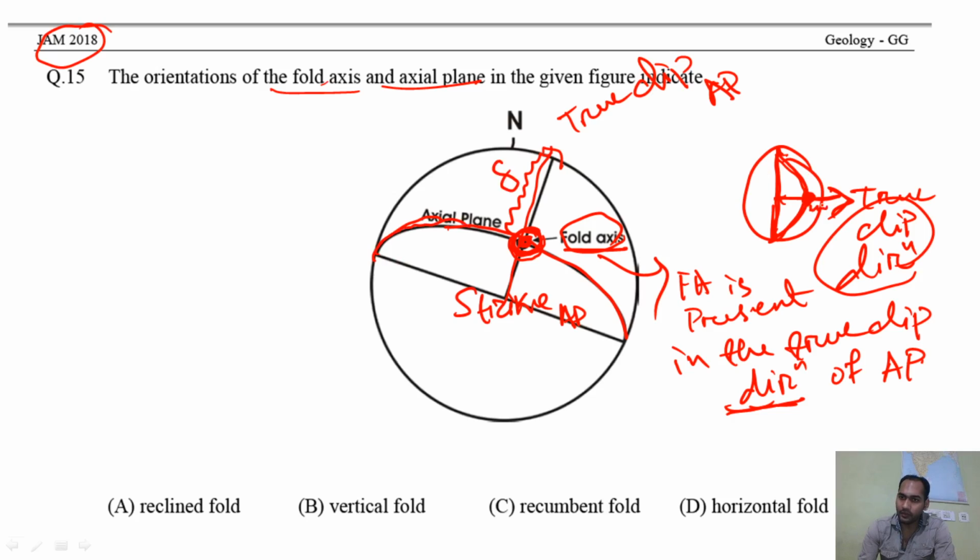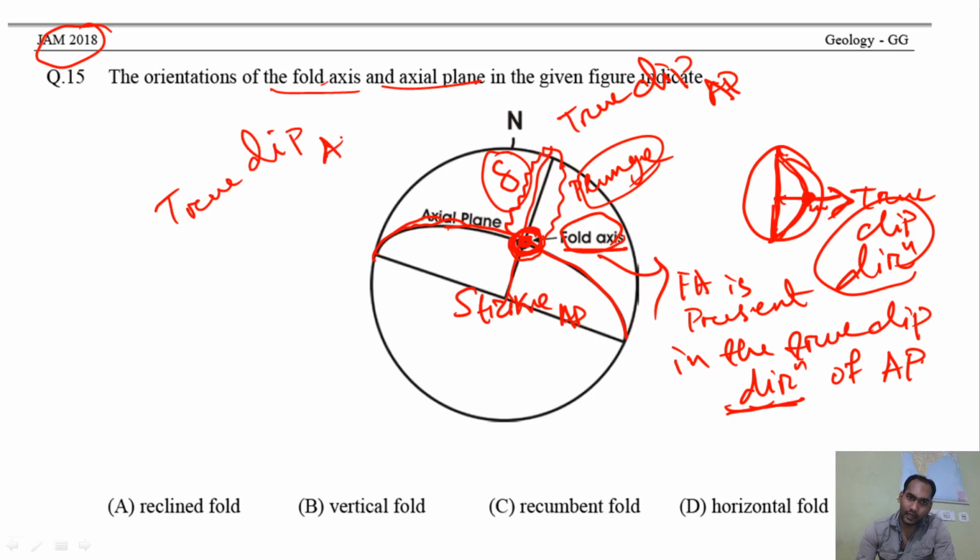You have to measure this one. How can you measure the plunge of this line? You have to measure this length. So this is the plunge of the fold axis, right? This length is representing the dip of the axial plane. This length is representing the plunge of the fold axis, which is the same. Okay, because that is a common segment, right? This segment is giving the amount of dip of the axial plane as well as giving the plunge of the fold axis, right? So the true dip